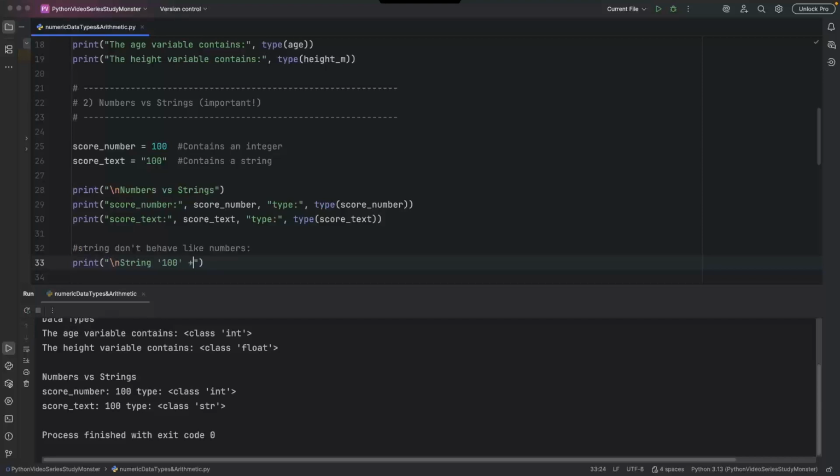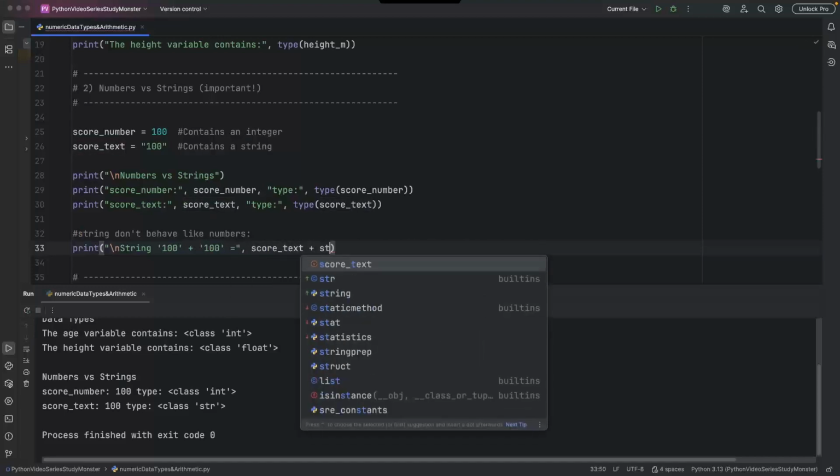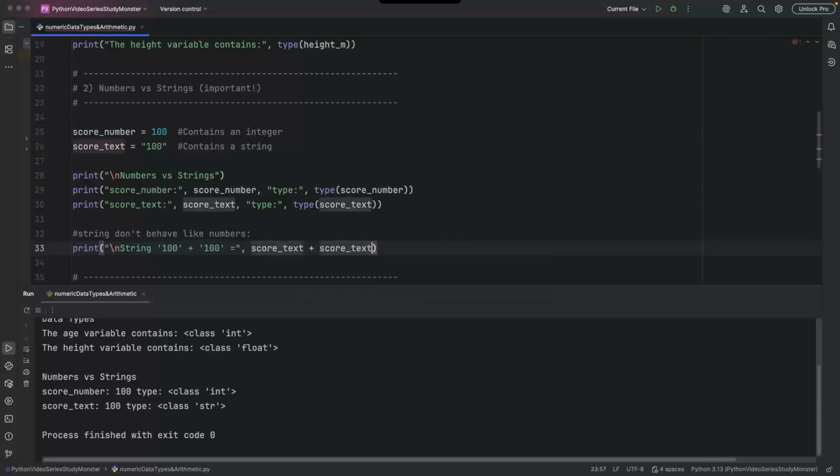So when we add a string 100 to another string 100, in fact, we'll do equals, and then we will close our string and concatenate the score_text plus the score_text, and that should work. So now what we would expect if we weren't aware of how strings and numbers operate,